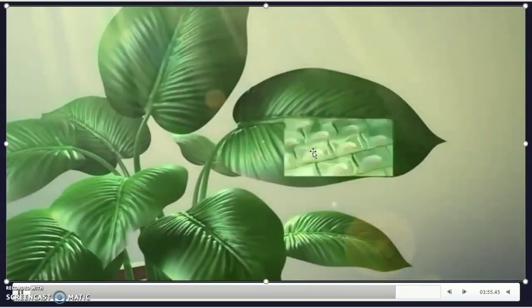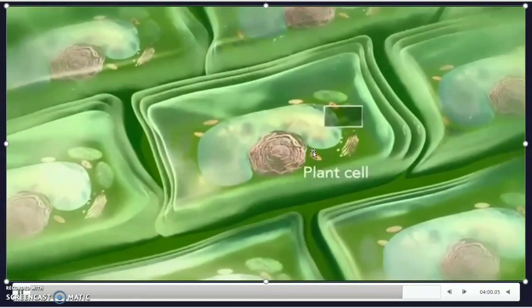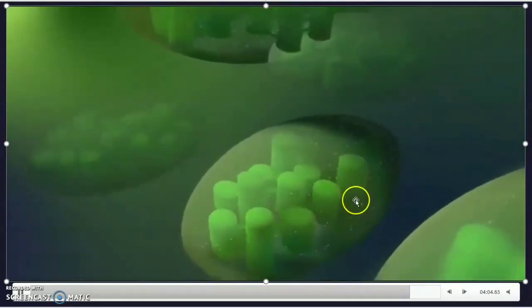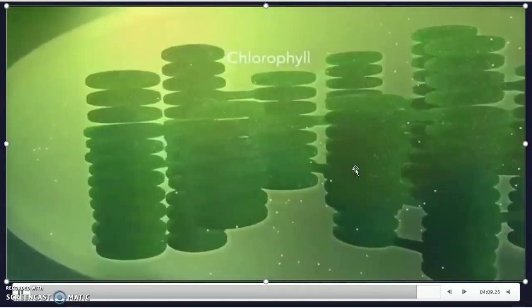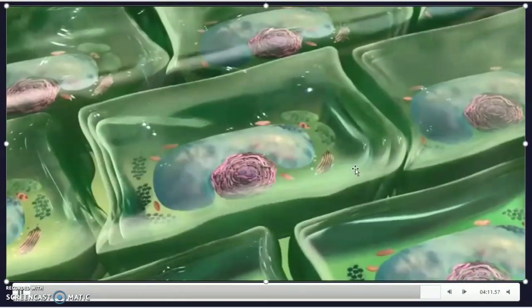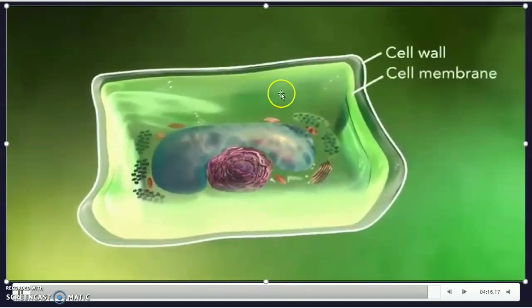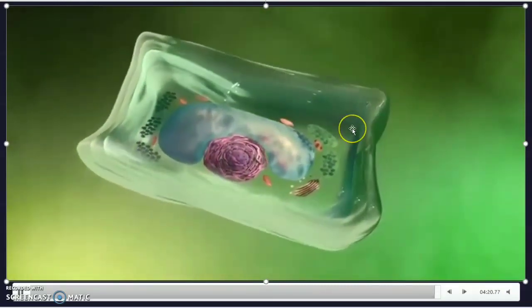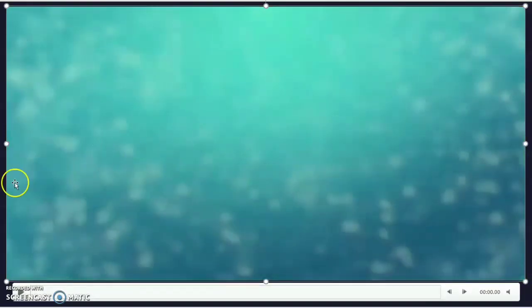If we take the plant cell, you will observe particular prominent organelles which are only confined to plants. Those organelles are called chloroplasts. See, this chloroplast is only present in plant cells, not in animal cells. And also the cell wall is only present in plant cells. The cell membrane is present in both cells. These are the different kinds of organelles present in a cell.